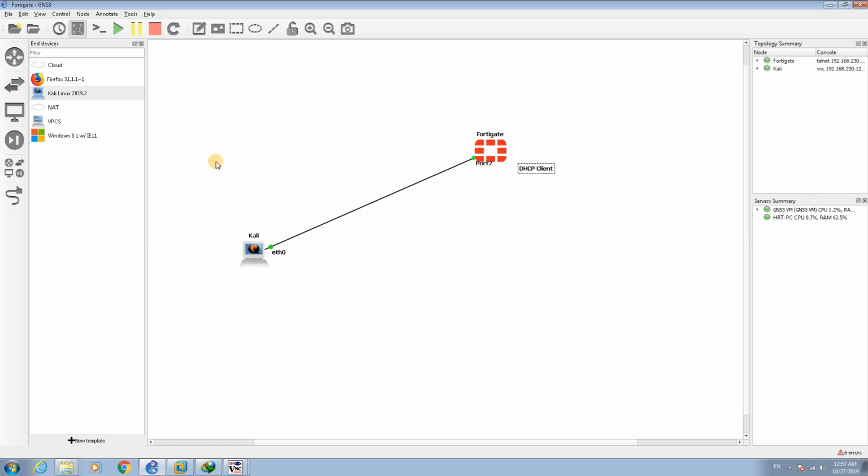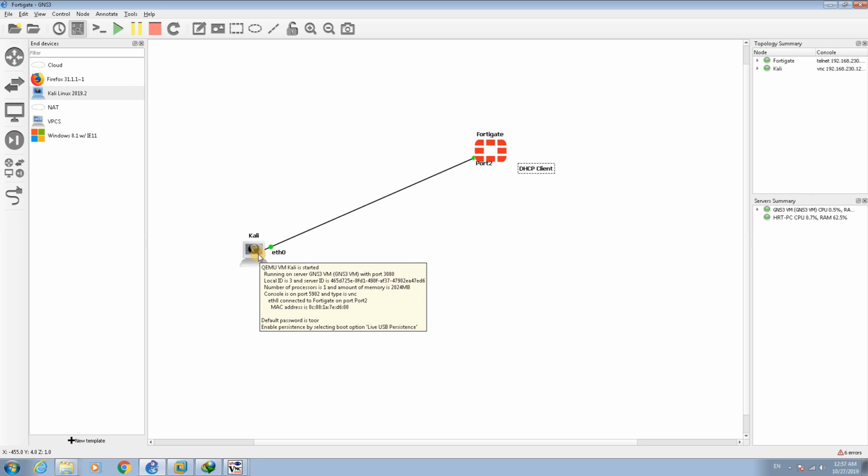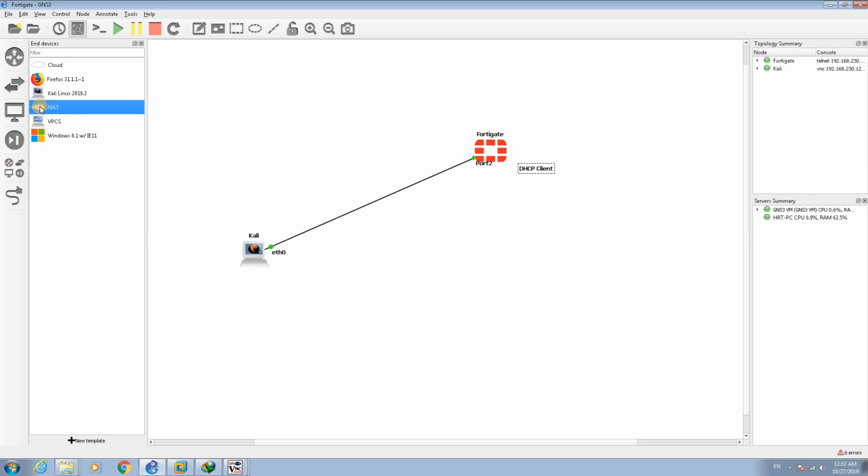So, in this scenario, I'm gonna connect this PC to the firewall and set up a policy and create a policy in the FortiGate to pass the traffic from a Kali Linux to the internet. To do that, I just drag a NAT here, and I have to create it in the GNS3 VM, and after that I create